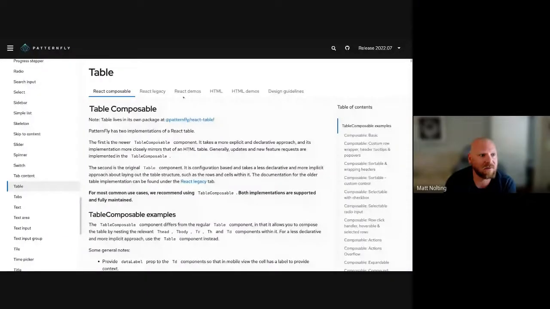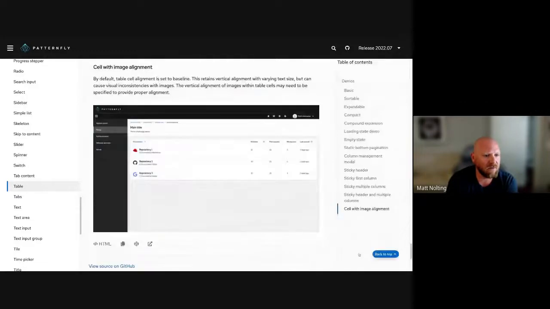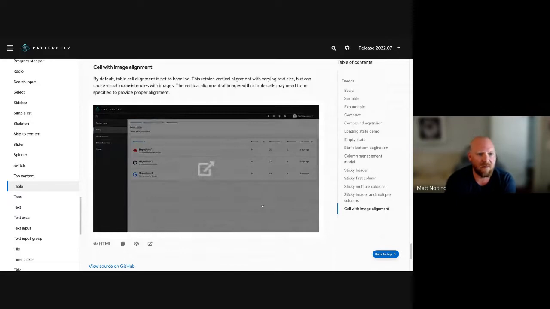If you can go to the tables and the table demos, and the HTML demos, and I think it's the last. You scroll all the way down to the bottom. Yep, that's it. So a request came in from Steve Goodwin on the OpenShift team to